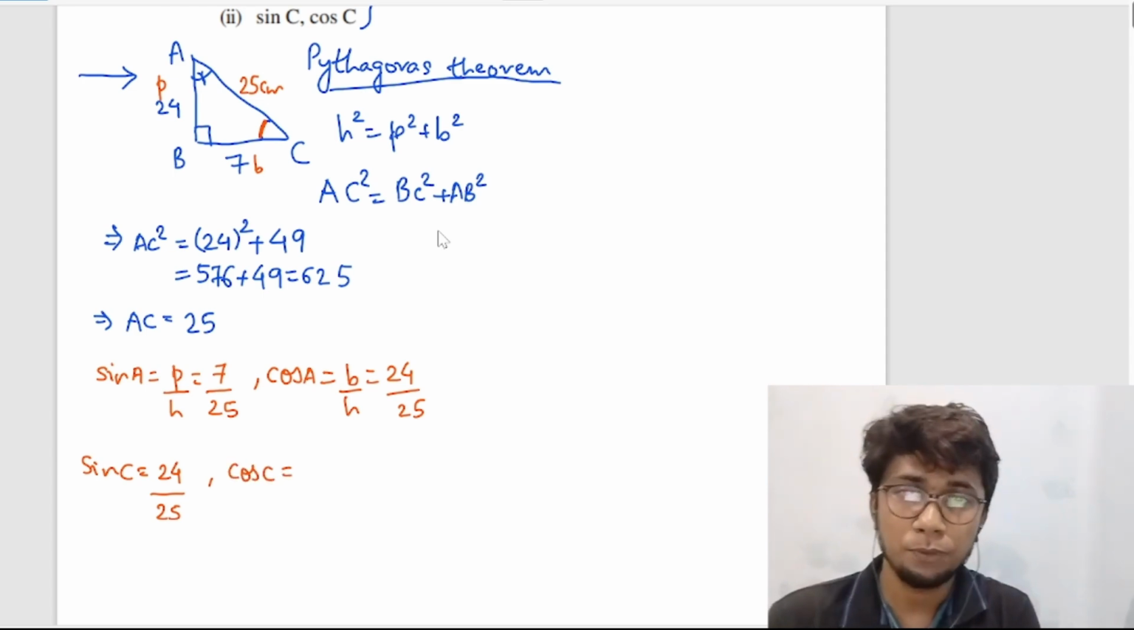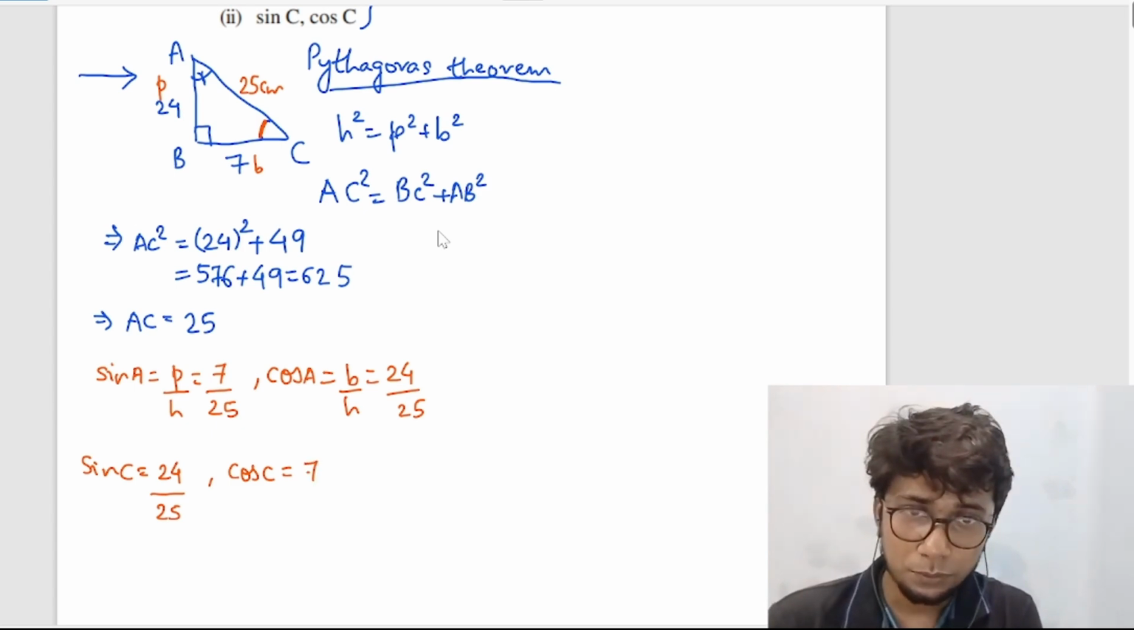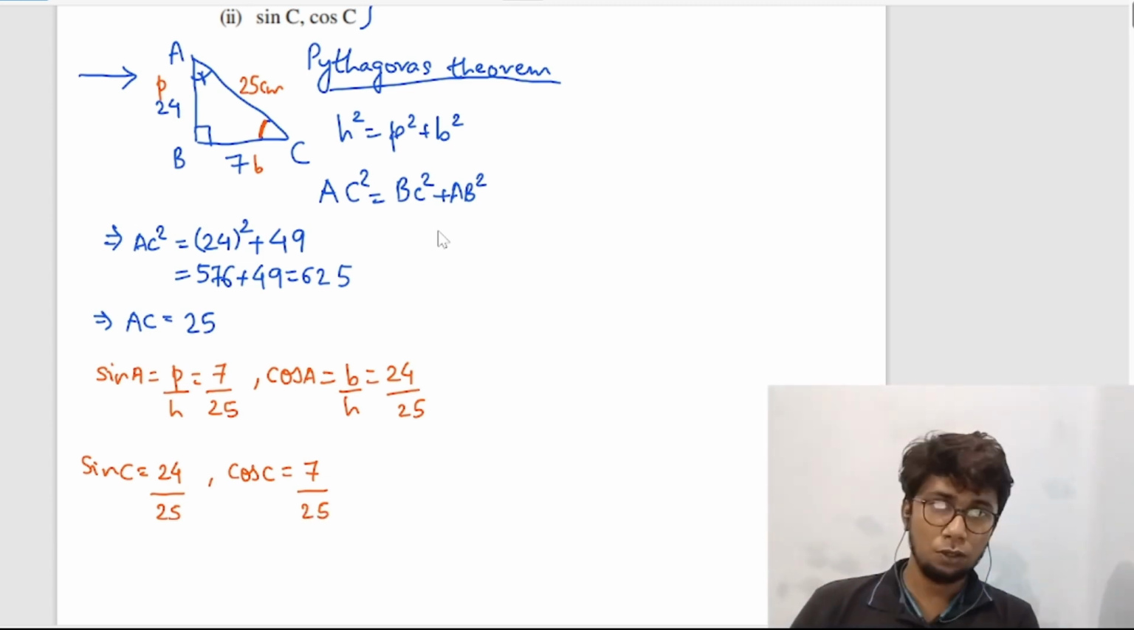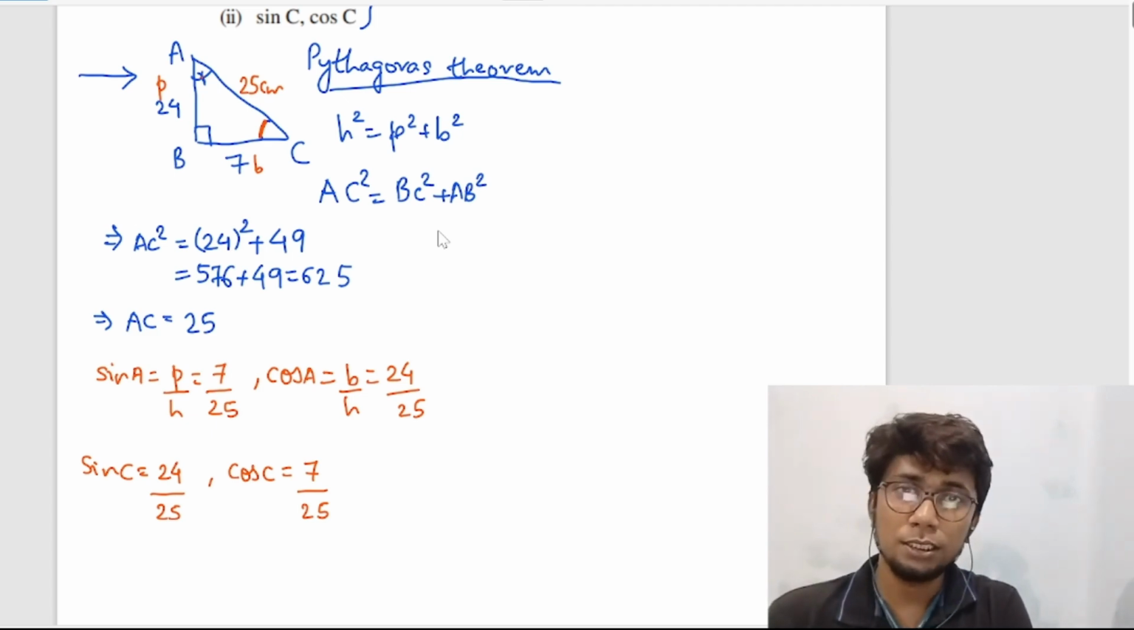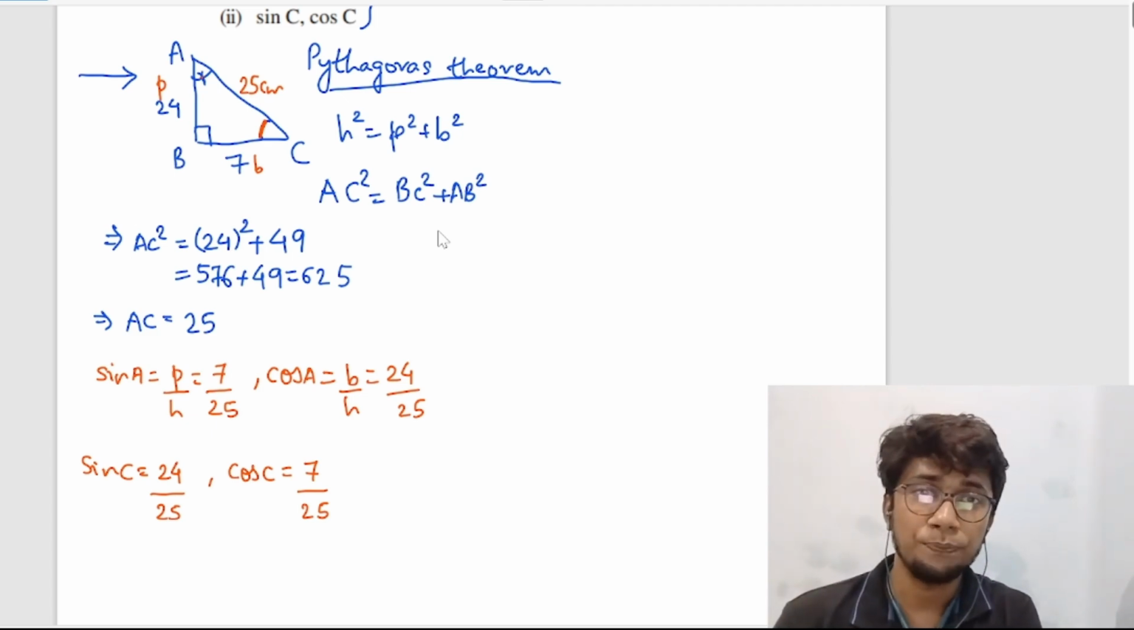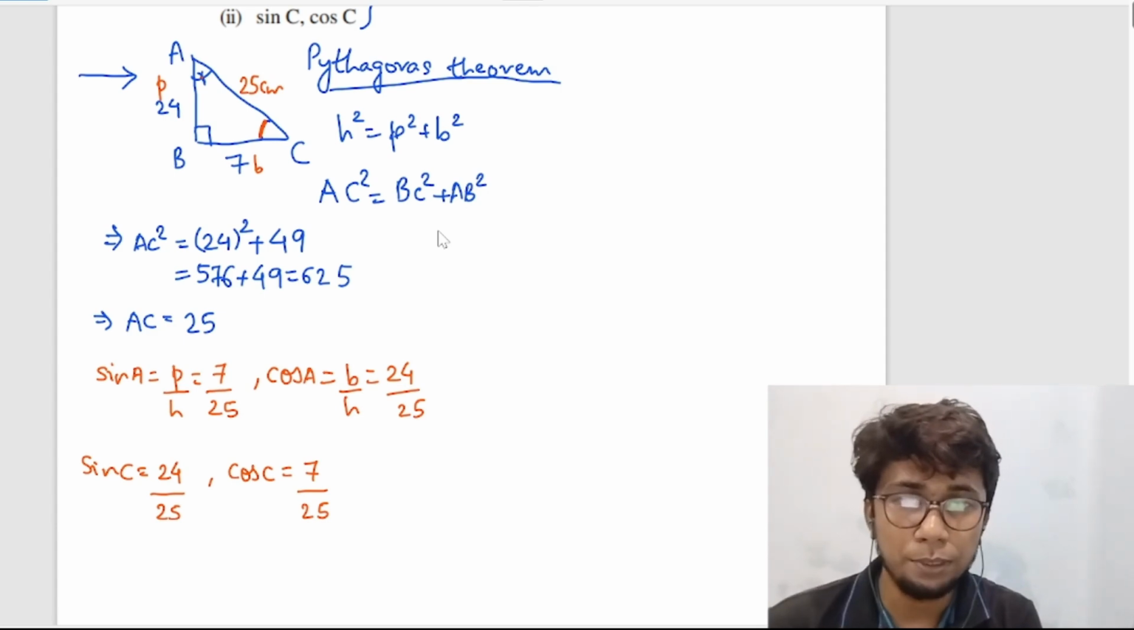Cos C is base upon hypotenuse, and here base is 7, so 7 upon hypotenuse 25. Alright. You can also see here that this angle A and angle C are what? They are complementary angles. And we saw for complementary angles, like sine theta is equal to